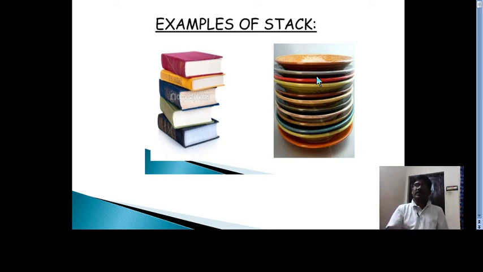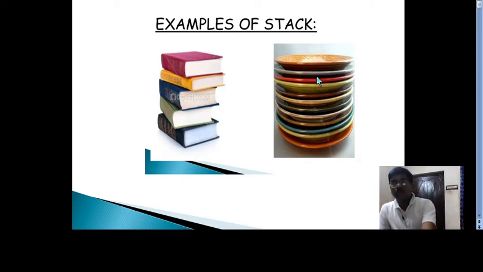If you want to place a saucer, we can place it at that end only, that is the top. Either insertion or deletion can be done only at the top. If I want to pick a saucer from the middle or from the bottom, it is highly difficult and impossible, because the others may be disturbed and sometimes they may crack.